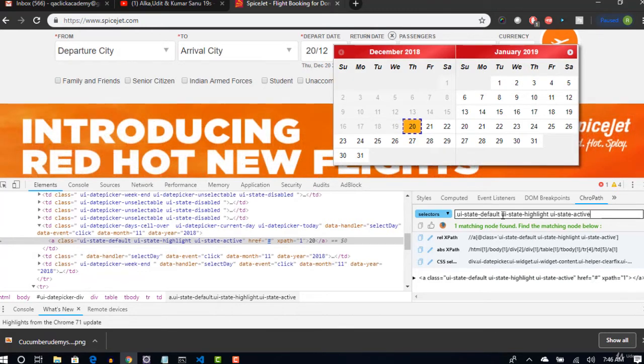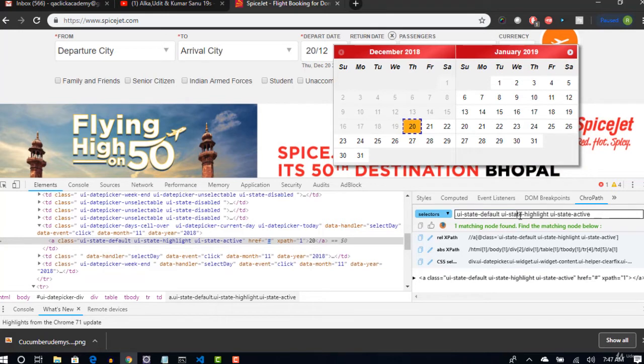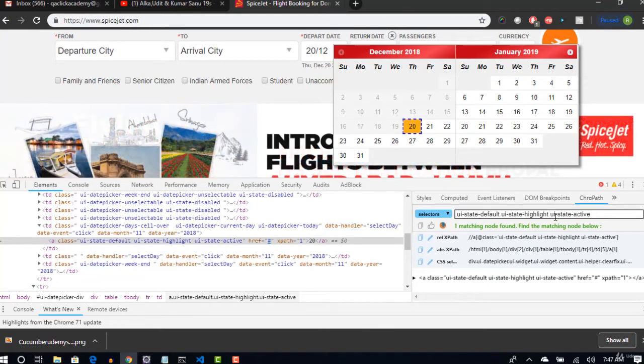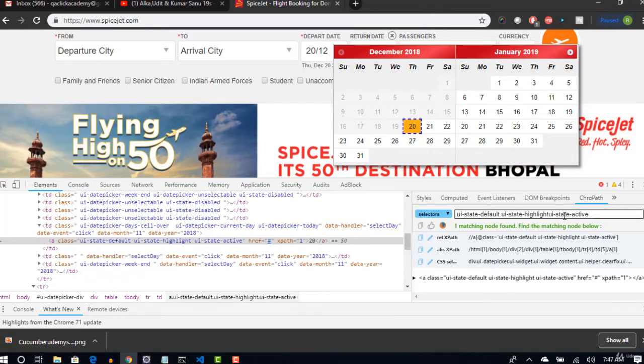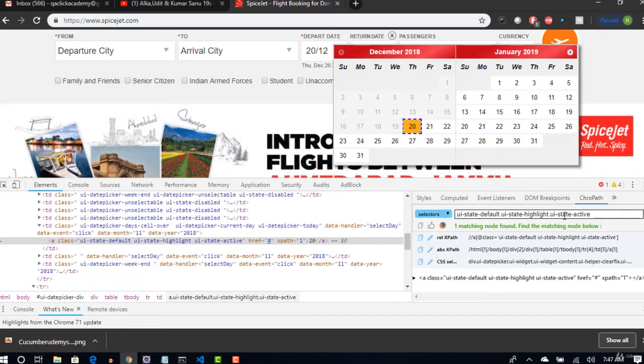All these techniques we have learnt in our locator section. So to write a CSS for this, I put a dot and this is my class name. But I also said that there should not be any spaces between the class names. Whenever there are spaces, you have to remove them and provide a dot. So if you don't remember that, please go back and watch my locator section. I have clearly given these tips: you should not have spaces with the class names. Remove the space and provide the dot. And if you want to turn that class name into CSS, keep a dot before your class name.